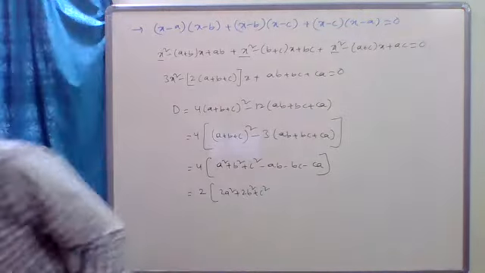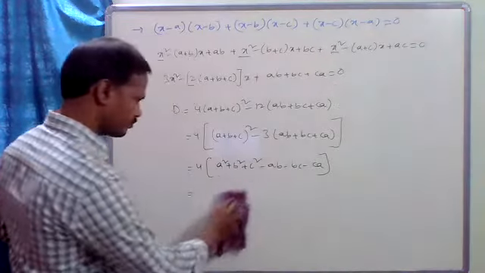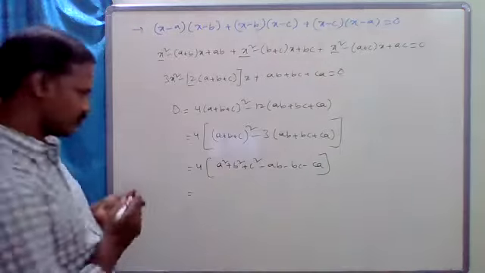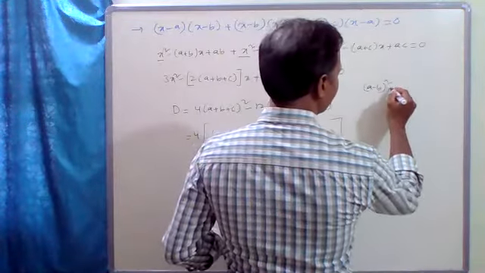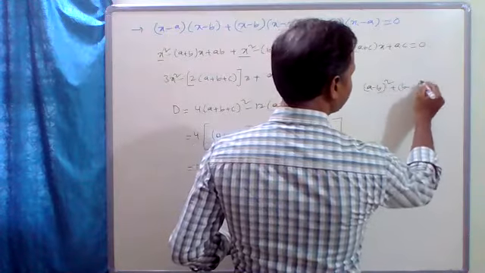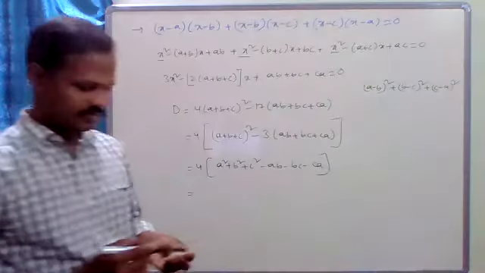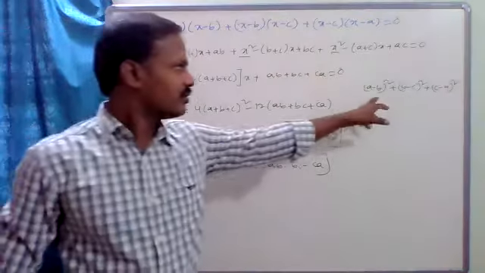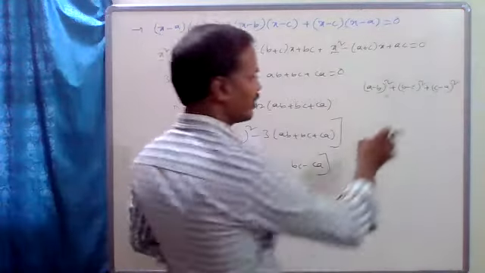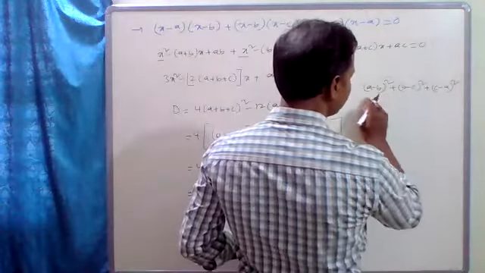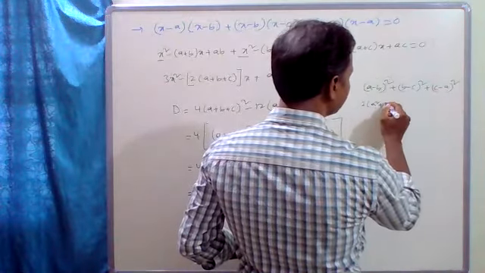One minute. Now see, (a minus b) whole square plus (b minus c) square plus (c minus a) whole square. So what is the value of this one? So if we expand this, what we will get? 2 into (a square plus b square)